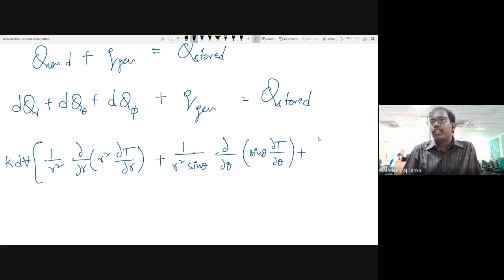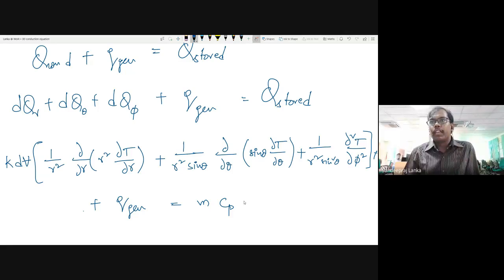What is the value of it? It is 1 by r square sine square theta into dou square t by dou phi square. This is your first expression plus q gen, continuing it here, is equal to